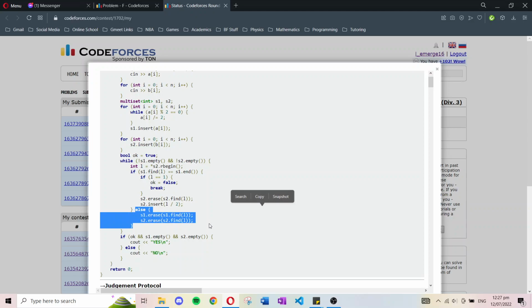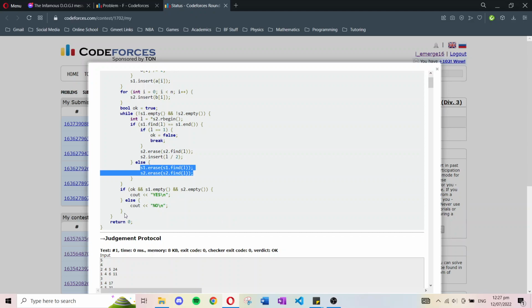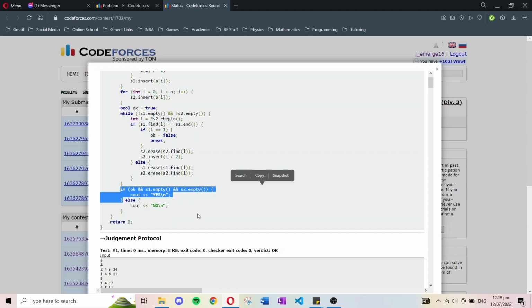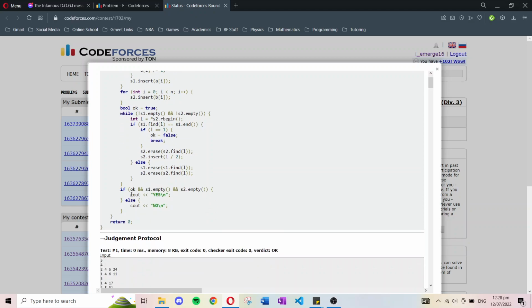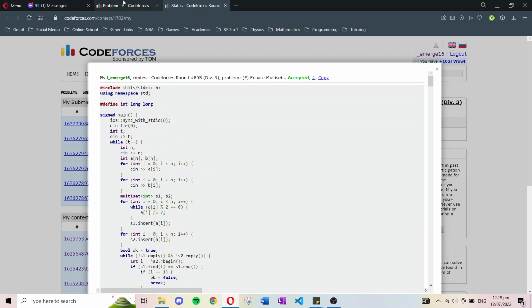Otherwise, if we can find it in A, then we just remove both of them. The final thing we want to do is, if both sets are empty, you can also say just S1 empty, or S2 empty, then we print out yes, otherwise we print out no. So that's basically Div 3,